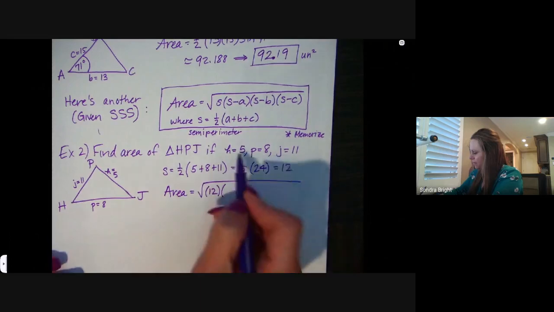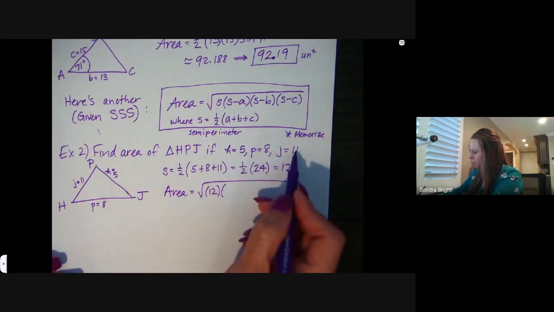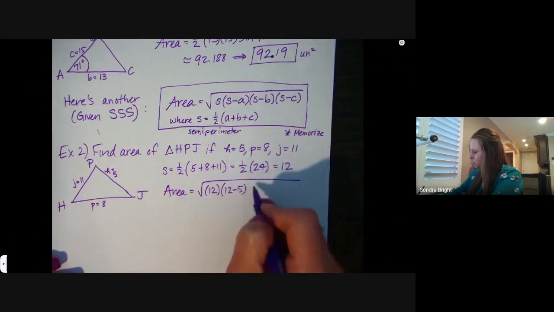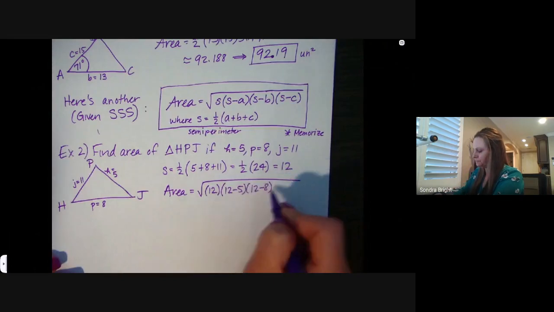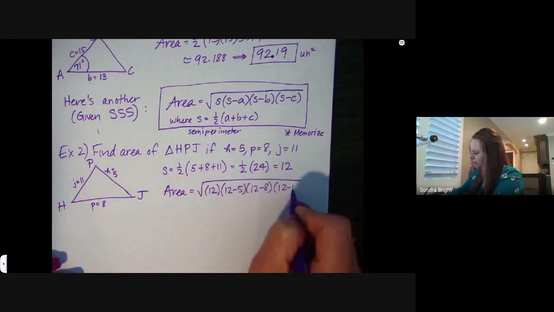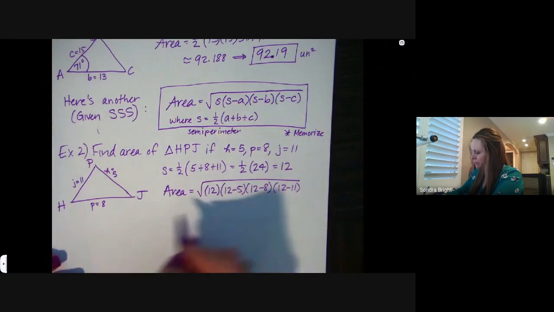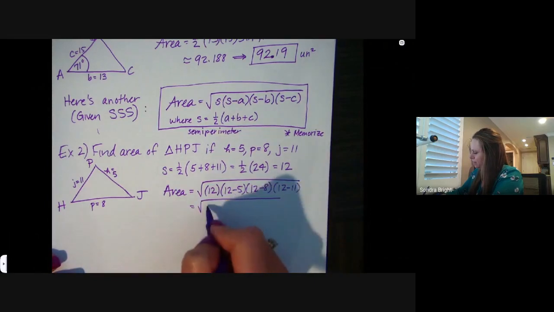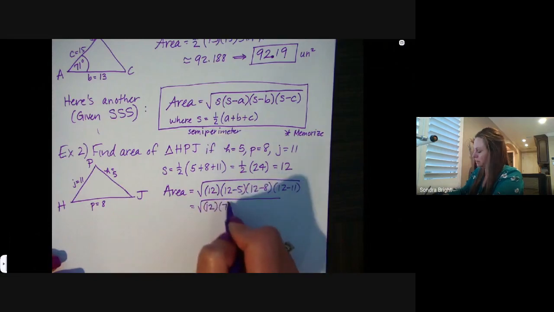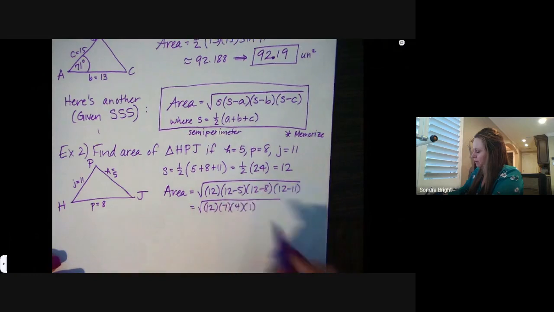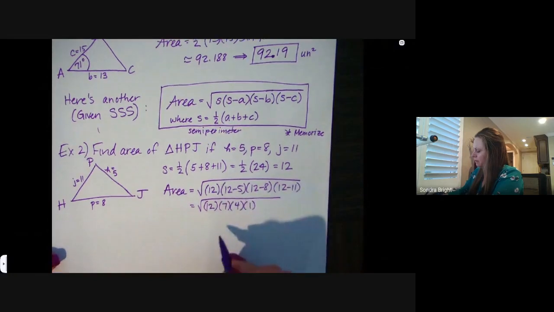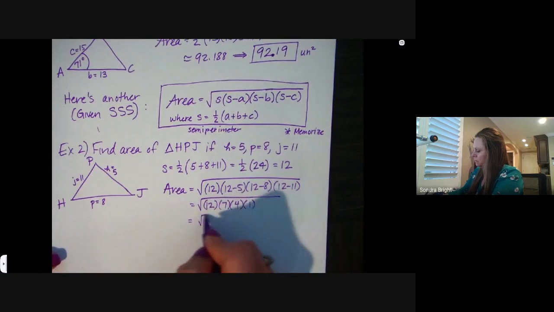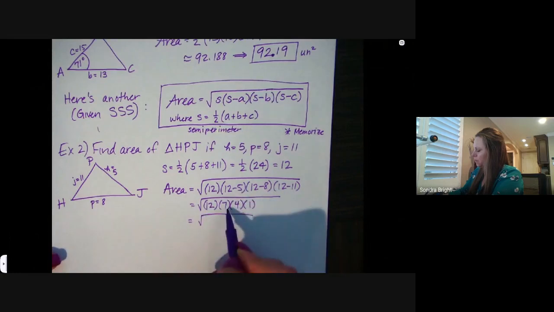So 12 minus 5 times 12 minus 8 times 12 minus 11. So what does that become? That becomes the square root of 12 times 7 times 4 times 1. And that would be, what would that be? 84 times 4,